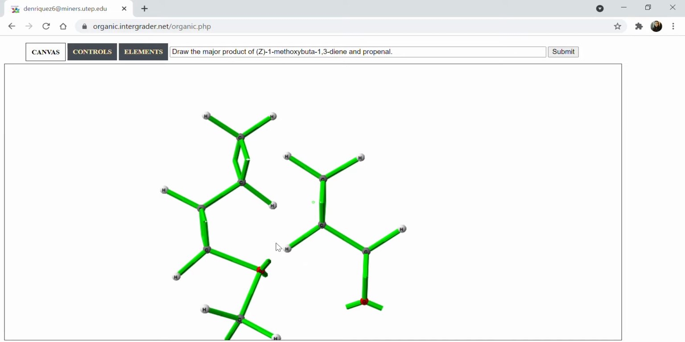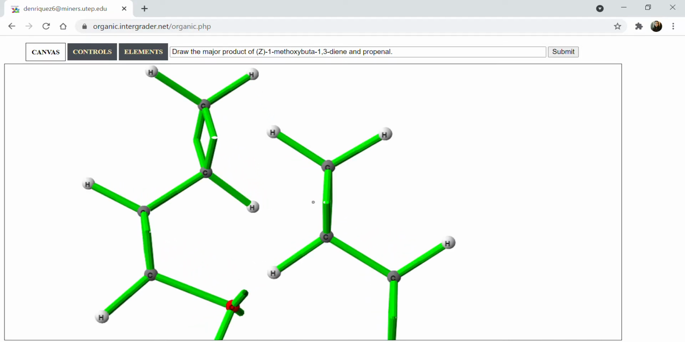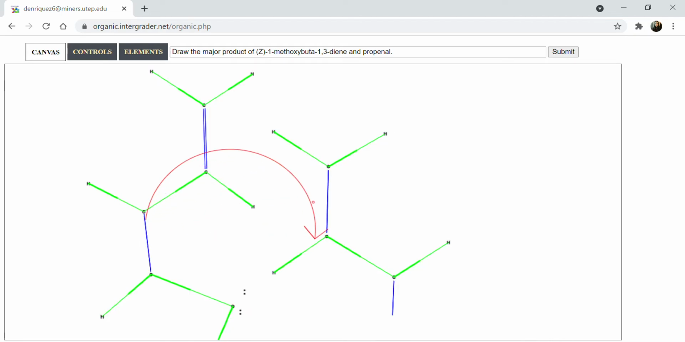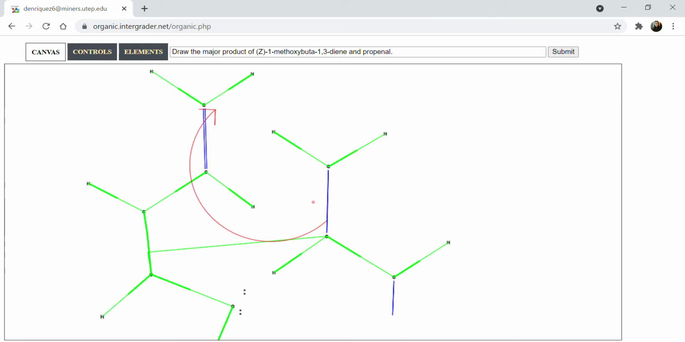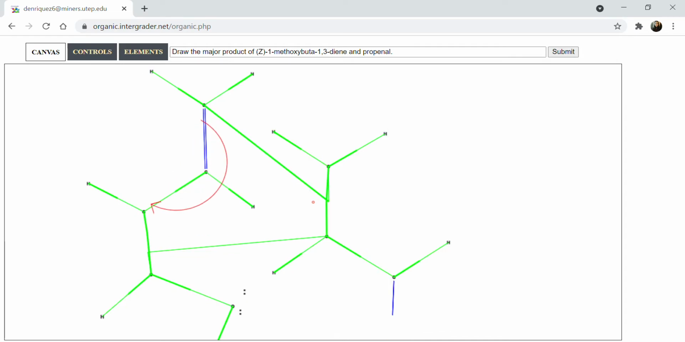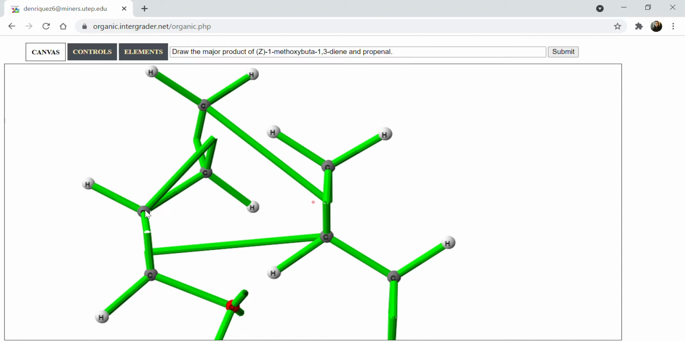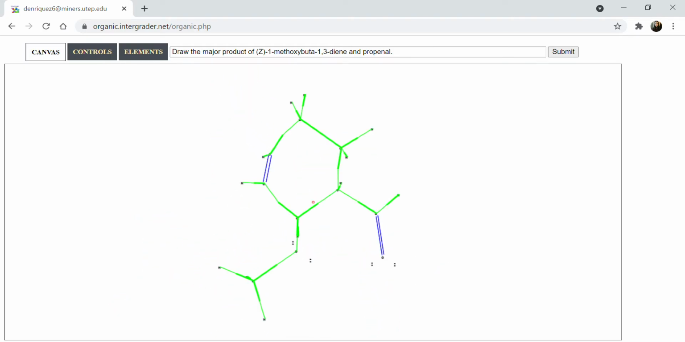Okay, and now I'm going to start creating that ring. Let me resize it so I can see a little better what I'm doing. Then I'm going to use my heterolytic function and grab from the top, attach it to this carbon, grab over here and attach it to the carbon, grab right here and attach to the carbon. Hit arrange, and what we have at the end is